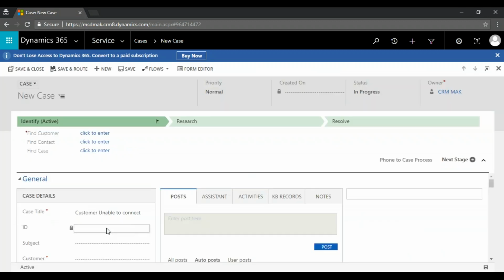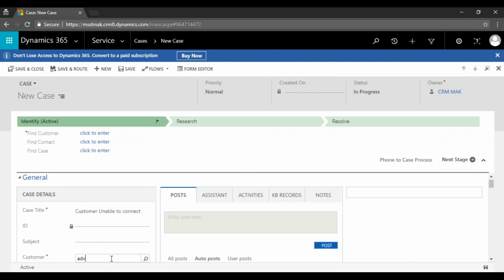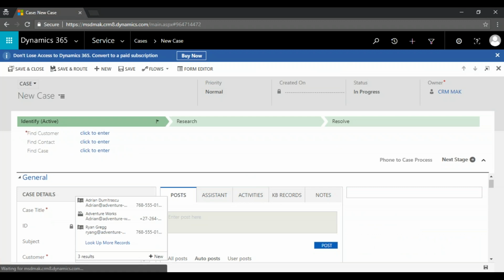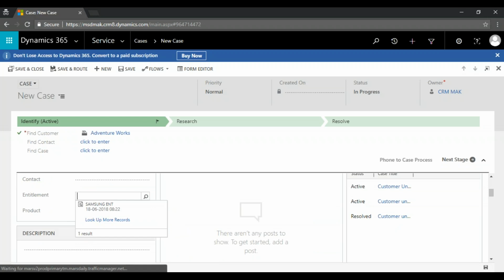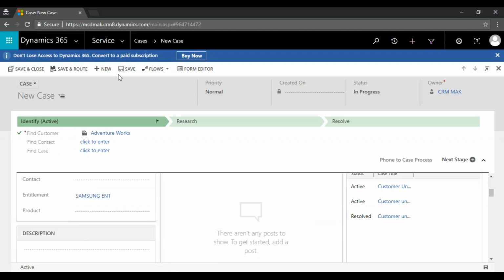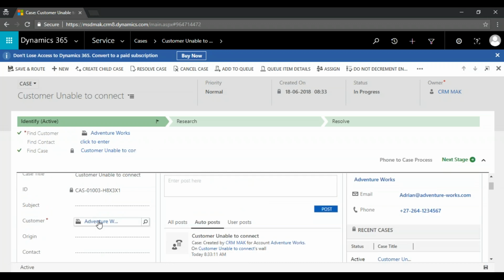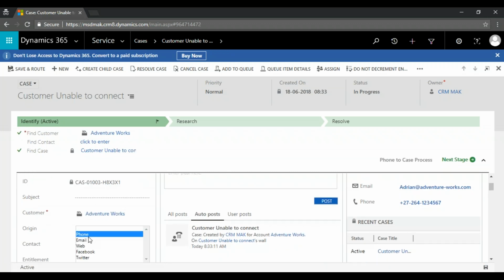Next, we have another customer. So here, Adventure Works as the customer calls up with a problem. Entitlement I'm going to select here. Now save it. What is the phone call origin? Phone call, I'm going to save it.